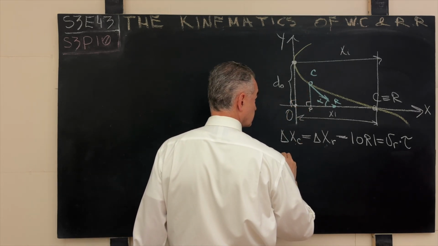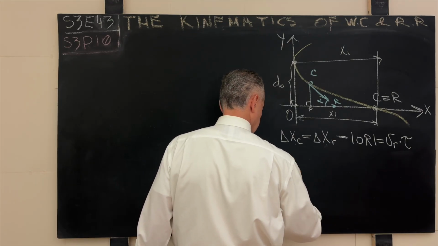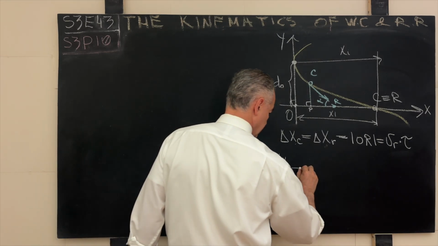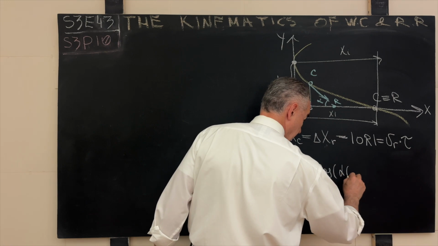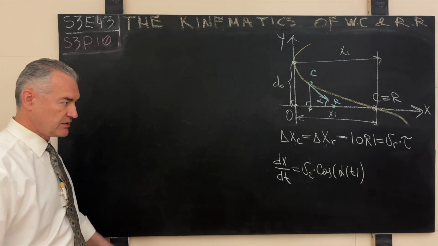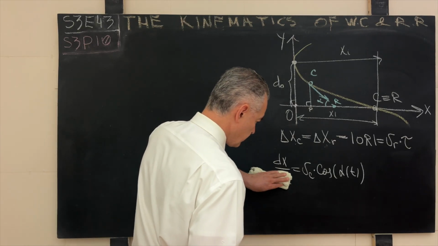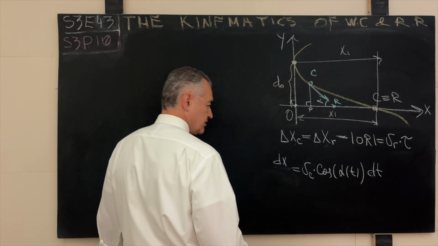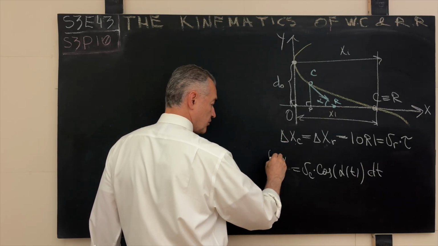So let's say the velocity, dx over dt, this is how we started reasoning at the beginning of this episode, is equal to the velocity of the chaser times the cosine of angle alpha. And this angle alpha, now we write it down as some perhaps intricate, involved, possibly quite horrible function of time. We do not know what it is, but that is what it is. Now we separate the variables over here in this quite elegant differential equation, multiply by dt, and we integrate both sides. From where? From 0 to the intercept point, from 0 to the intercept point.